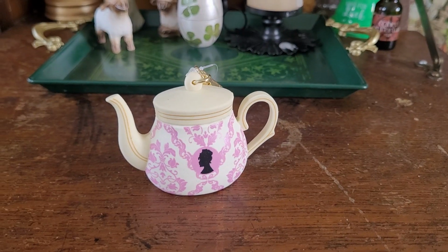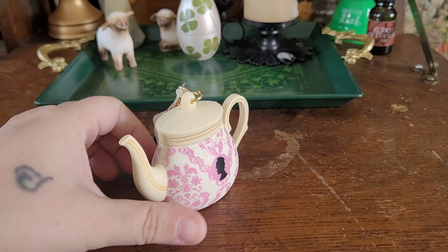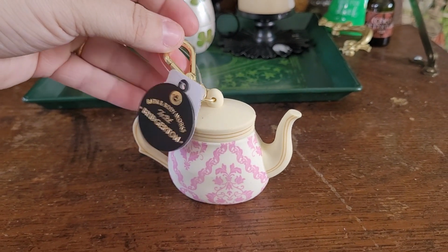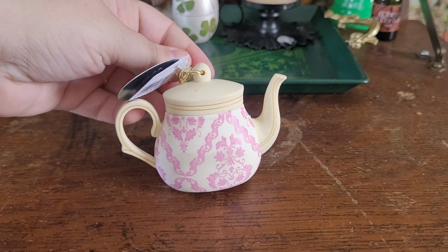And then they also came out with this hand sanitizer pocket holder. Absolutely love this. It's in the shape of a teapot. And of course, the same thing with the teacup, you could definitely paint over this if this isn't your vibe, and maybe put a pentagram on there. But absolutely adorable. And then the last item that I picked up from Bath & Body